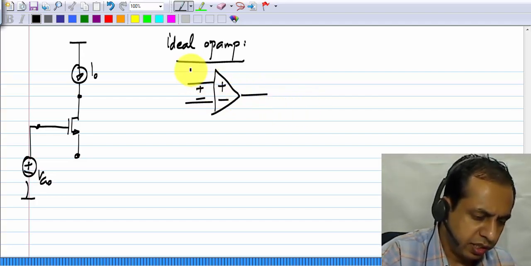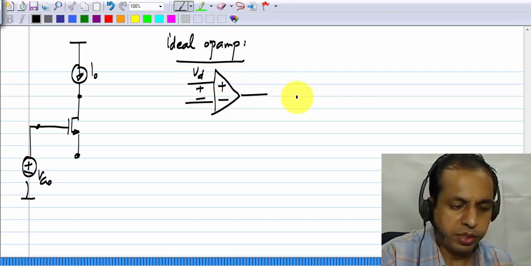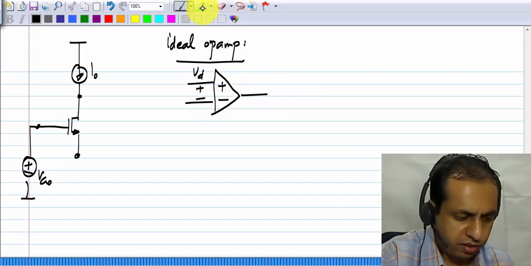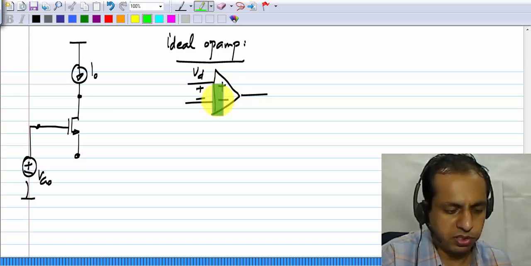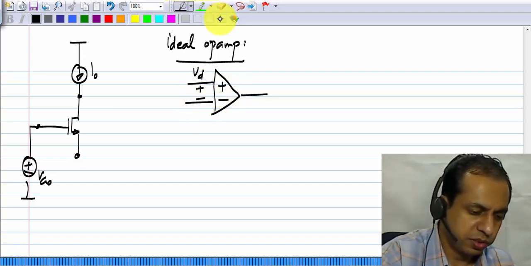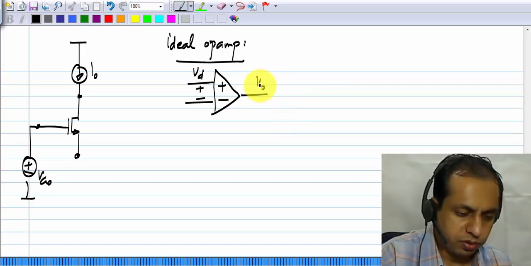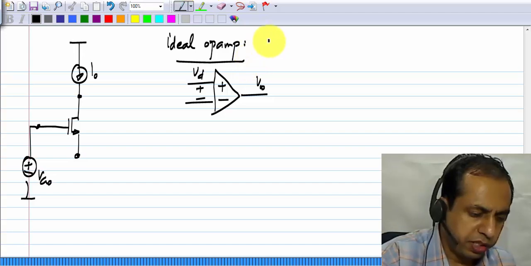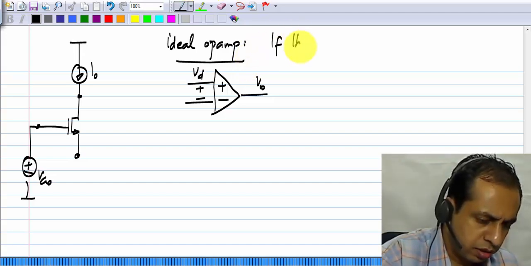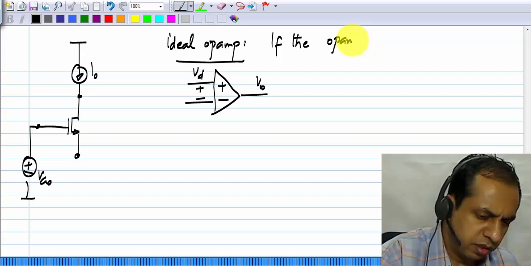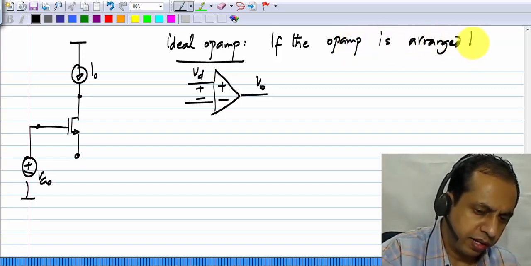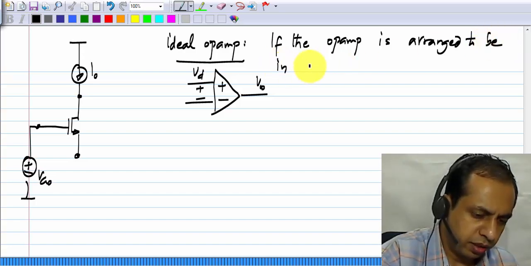It has an input VD between two terminals. It has two input terminals, and the difference voltage is called VD. Okay, the input terminals are marked with plus and minus, and this is the difference voltage, and then the output voltage VO. Now, what it means is, if the op amp is arranged to be in negative feedback,